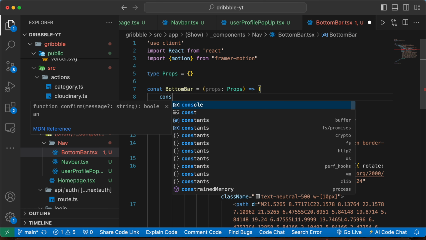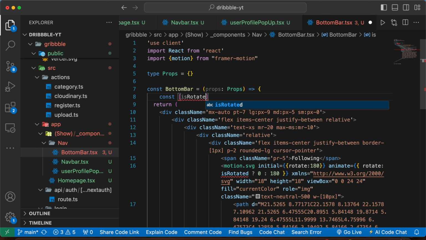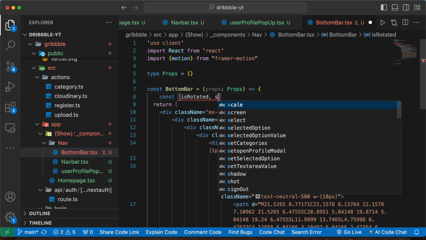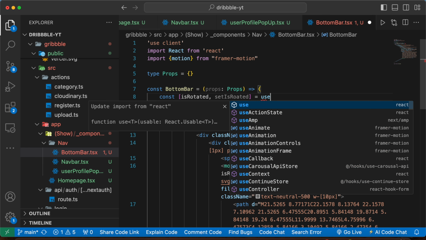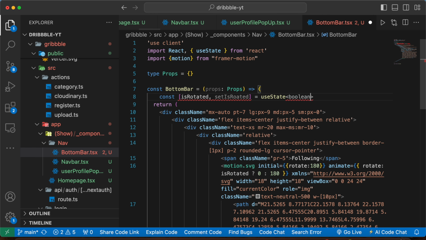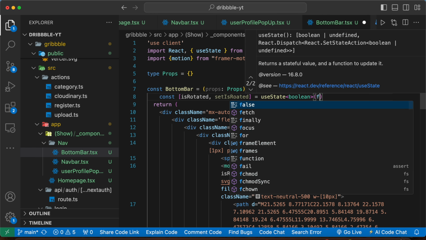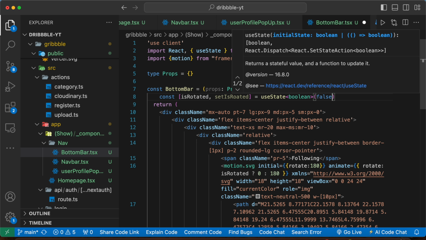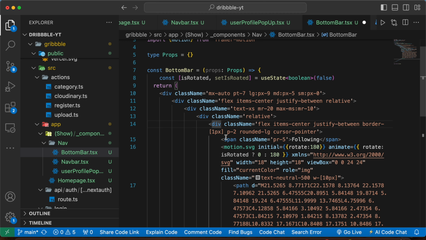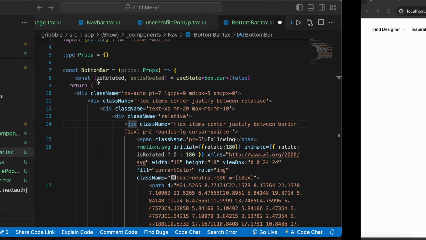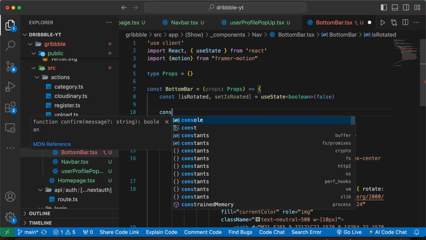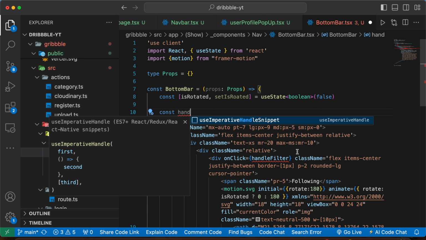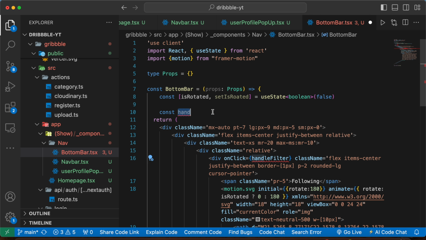Okay, and after that we need to make this state here. So let's go here, const isRotated, setIsRotated equals useState, type will be boolean, and then we can write false initially. Okay, and now let's add a function here. So when clicking on this, we are going to open a dropdown here, so we can write onClick handleFilter. Let's make that function here. So const handleFilter like this,